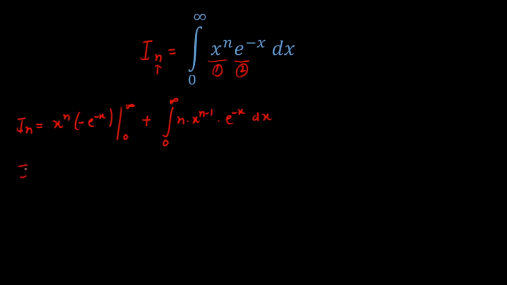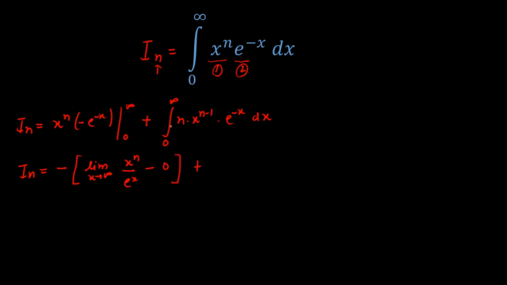Now let's solve this. So I of n will be equal to, now here I'm going to put the limits. First of all I'll take this negative outside. Now to put infinity here, when we put infinity, I'll get infinity raised to power something multiplied by 1 upon infinity. So for that I have to solve the limit. I'm writing this as the limit as x tends towards infinity of x raised to power n times e raised to power minus x, which I can write as x raised to power n divided by e raised to power x. Now as soon as I put 0 here, negative times 0, so 0 into anything is 0, the value for the lower limit will be 0.